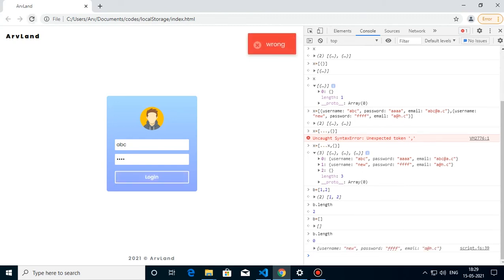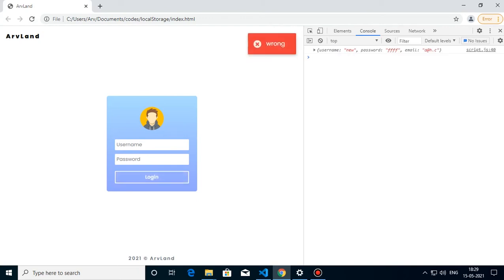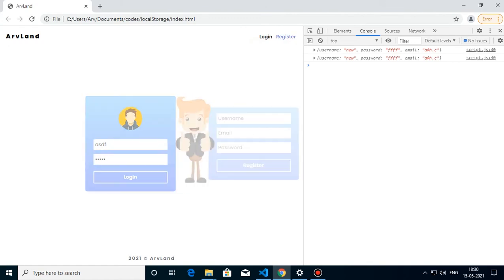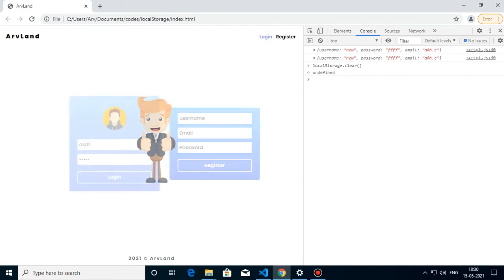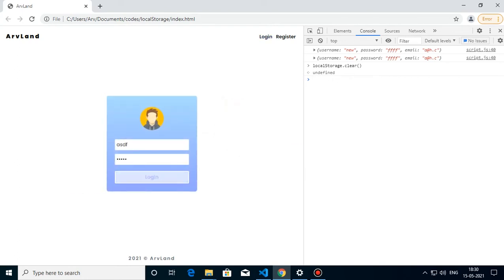See, it gets wrong because something is wrong. First of all, I have to register, right? Sorry, going to register. For those of you who have followed me, just do this: the local storage will clear. It's already an object, and I am expecting an array, so I don't want any errors, so I'm just clearing it, and we will do it once more. So right now, if you click login, you can see it gives null, because there is nothing inside the local storage.